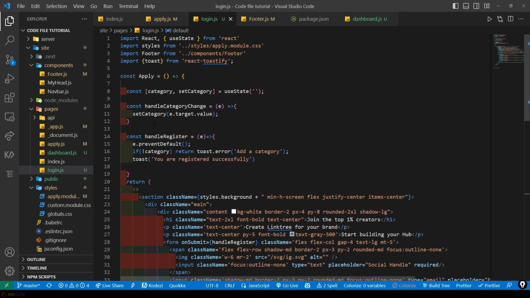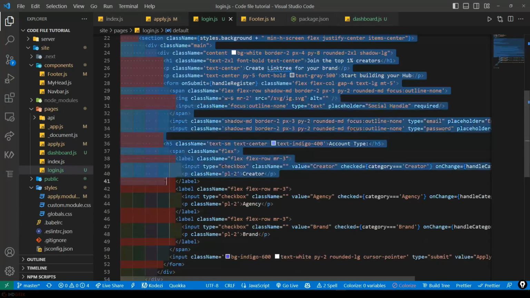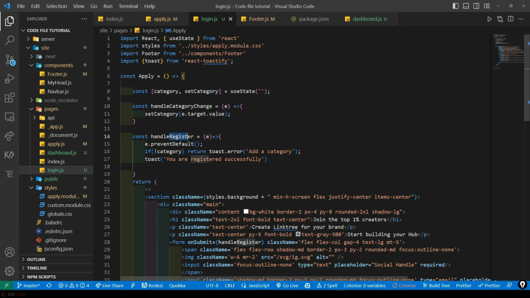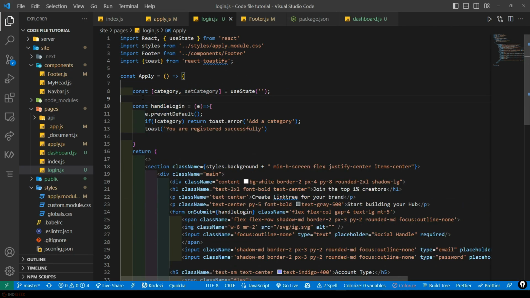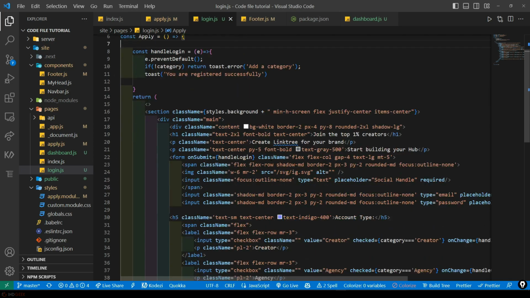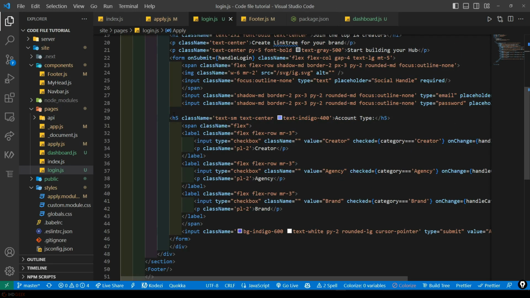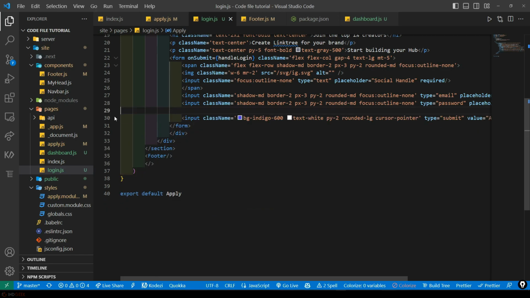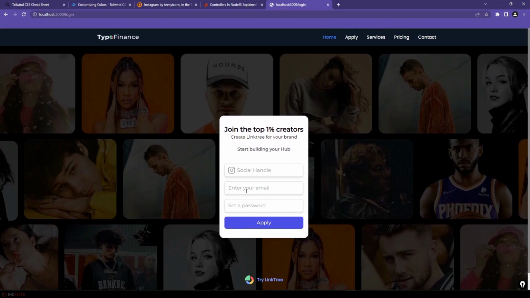Whatever we don't need, we will just get rid of, and let's make it well indented. And we have to rename handle register to handle login, and we don't need category just because we need that while signing up. So we will get rid of handle category, the span and everything. Let's see how that looks. Okay, so we don't actually need the social handle, we just need email and password, and in the email field